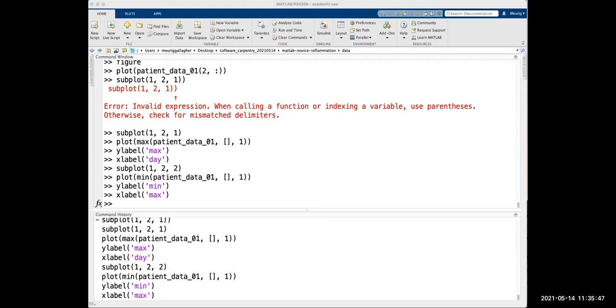Brilliant. Okay, so we're going to go on and start talking about these things called scripts. All we've done with MATLAB so far is type individual commands in, running them one at a time, having to type each one as we go. But maybe we would want to do exactly the same thing for lots of different data sets. Or maybe we just want to have an investigation of our data that we can come back to and rerun all the same commands again without having to type them all out,